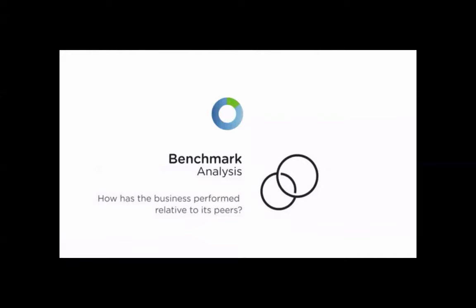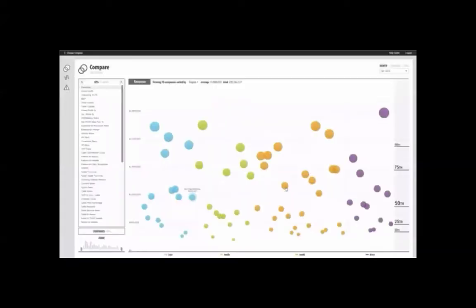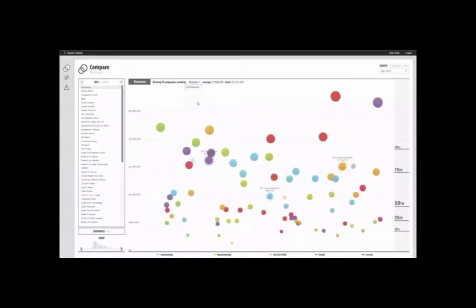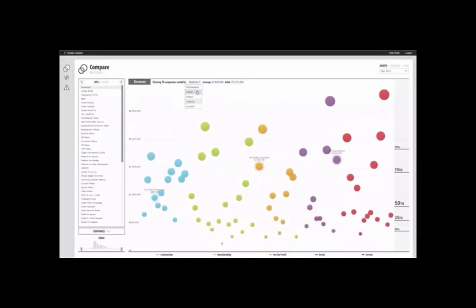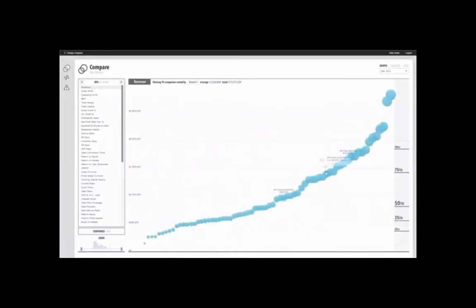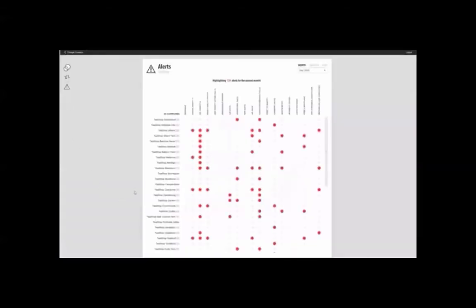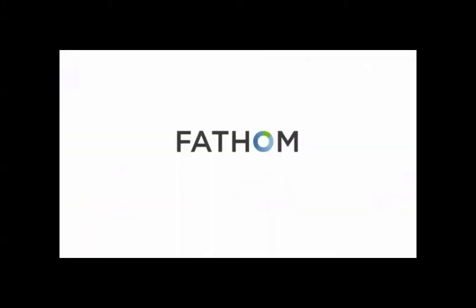And there's other things we can get a lot of reporting out of this to analyze. We also can do some comparison. We can do some benchmarking and do comparison to other businesses in that market, in your market. And we can sort it in various ways, and again, see how you're comparing with that. And there's a lot of other power with this. Again, this is one of my favorite apps that we utilize quite heavily. But at the end of the day, what it does, it pulls out key items from your business, puts them in a very visible format so you can see how you're doing on your key items.